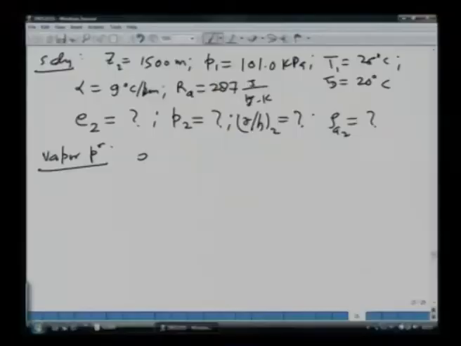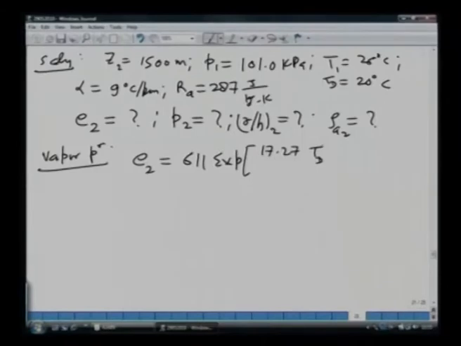So, what we can do is substitute the dew point temperature in that expression to get the vapor pressure instead of the saturation vapor pressure. This comes from the definition of the dew point temperature, which we had seen earlier. So, we can calculate E2 at height 2, which is 1500 meters in this case, as 611 e to the power this whole expression, which you should have in your notes.